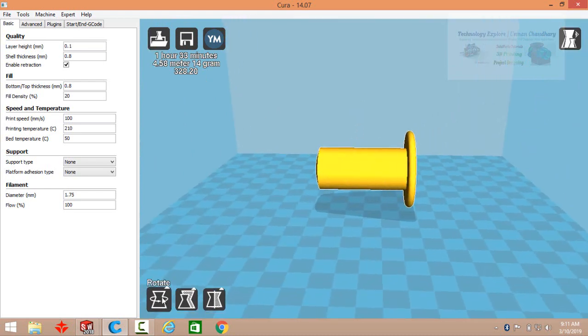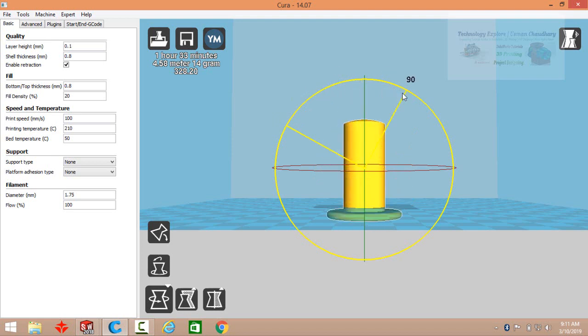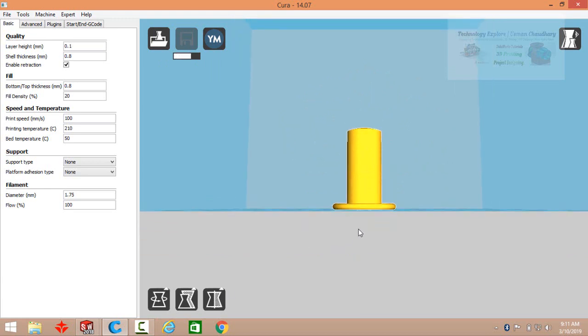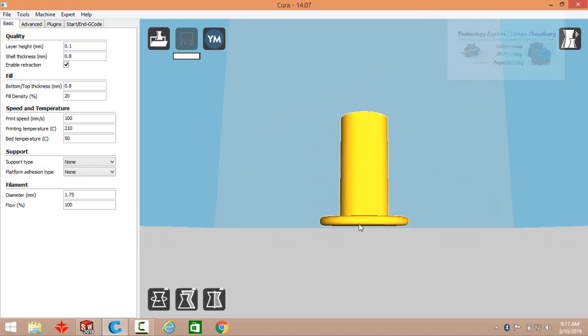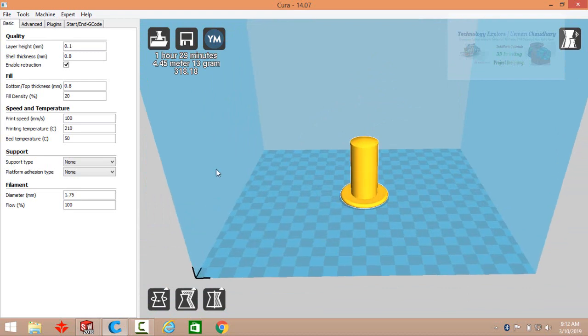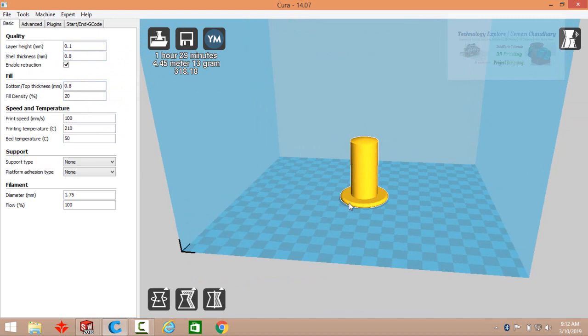Click on the model and then click rotate. Now click and drag this circle to rotate it like this. So here you can see this face is placed on the bed of the printer and it is okay. Next you have these options: layer height, shell thickness and bottom and top thickness in millimeters. So this is the bottom face thickness and this is the top, and this is the shell,